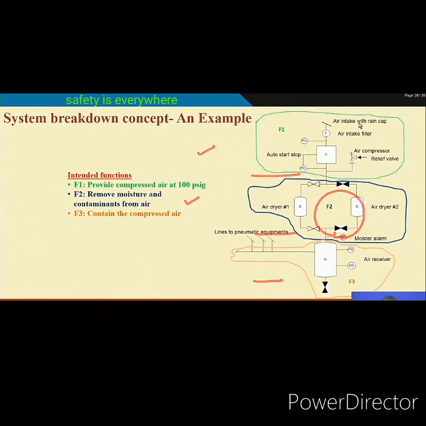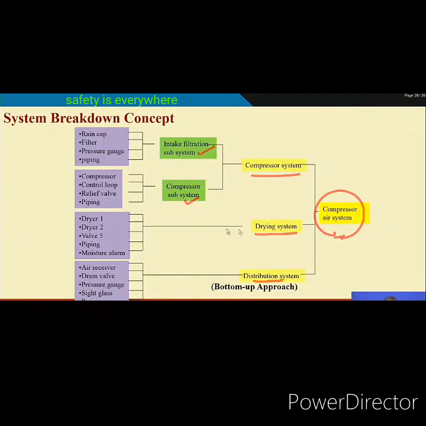In that way the breaking up has taken place. So, you are breaking down the total compressor subsystem into components. Now, you will be interested to know the failure modes of these many components.